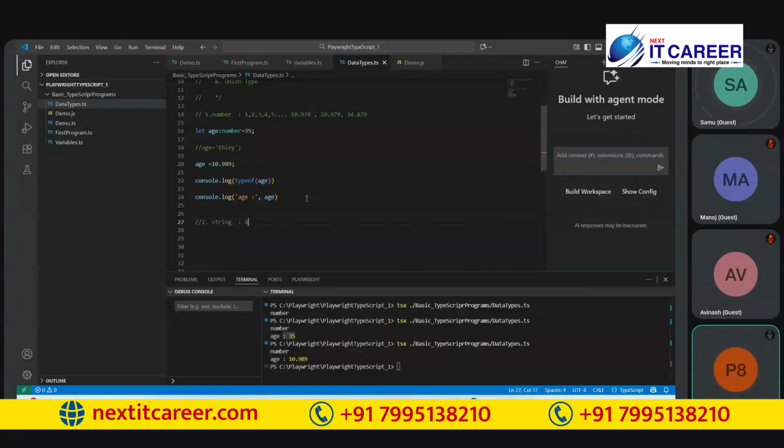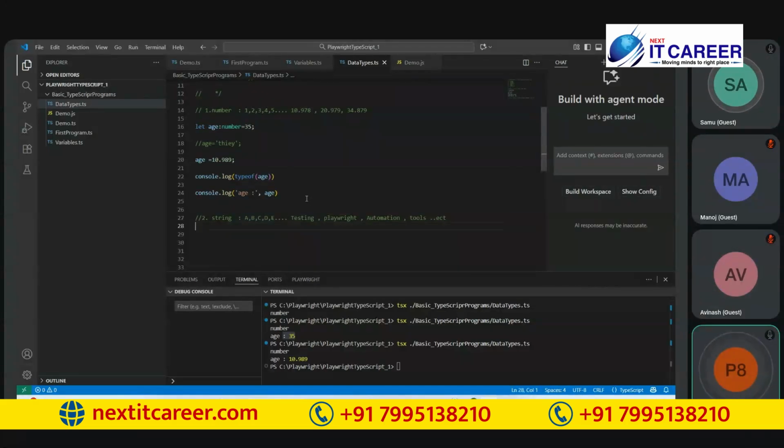Like A, B, C, D, E, this type of characters, and it also accepts a group of characters like testing, Playwright, automation, or tools, any kind of data like this. So string is one data type in